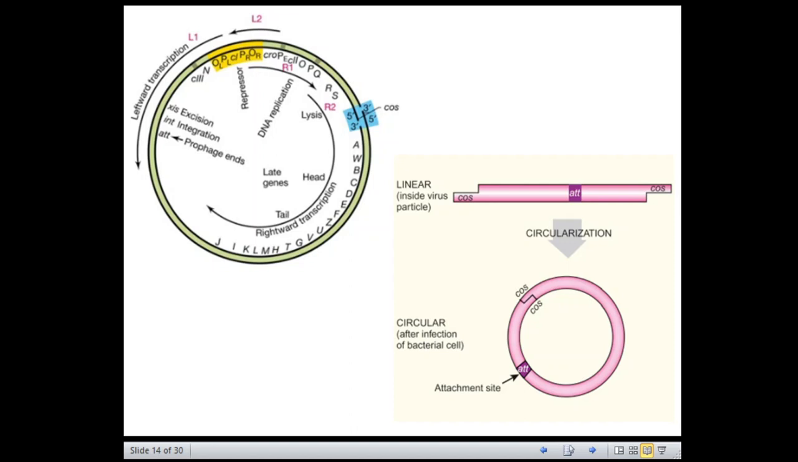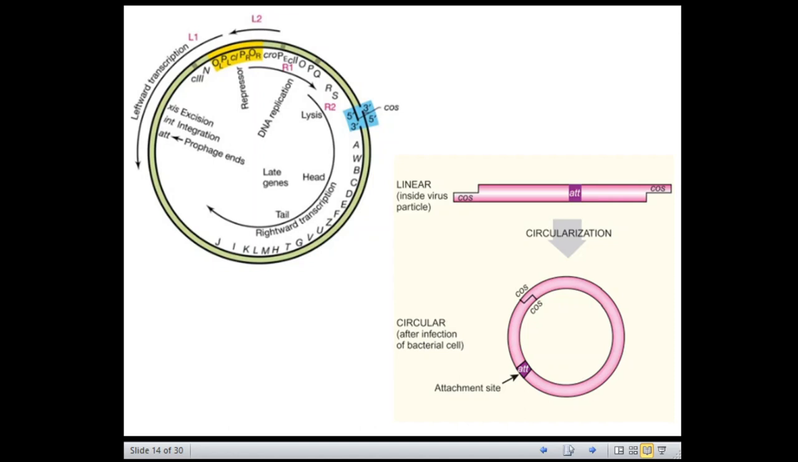If we just look at the genome, at the extreme ends of the lambda phage are the 12 base pair sequences which are termed COS sites. That means cohesive sites. Although they are asymmetrical, they are similar to restriction sites, and an important function is that they allow the phage DNA to be circularized,